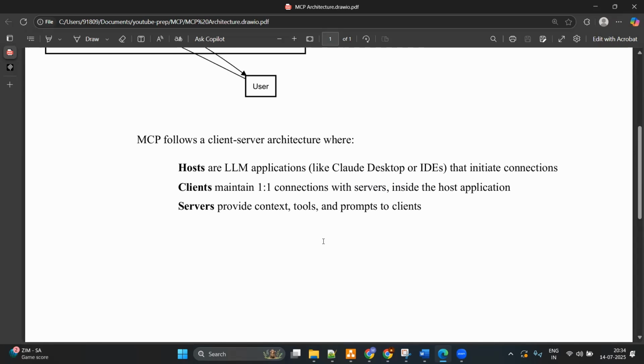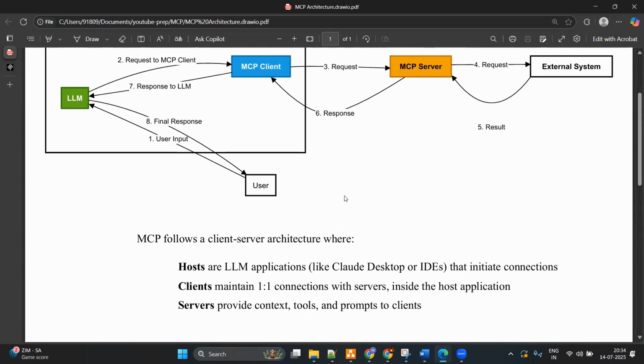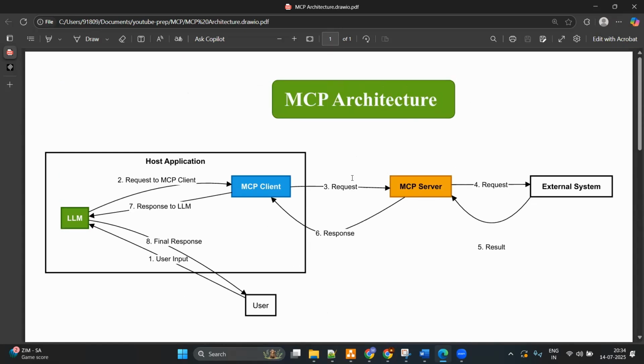It maintains the state. So from this, we clearly understood what the simple architecture of MCP looks like: MCP client, MCP server, and host application, and the different ways of communication. And also we have understood how there is one-to-one communication, MCP client to MCP server, and we can have multiple MCP clients inside the host, so are the MCP